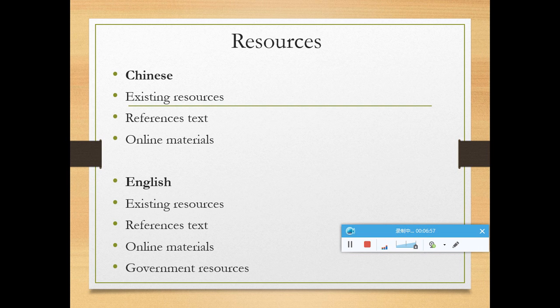Now I'm moving to the resource part. Both Chinese and English are languages which have a lot of speakers, so the resources for both English to Chinese and Chinese to English are similar. They all need the existing resources, references, texts, and sometimes online materials. Well, for English translation, sometimes resources from the government are also needed.